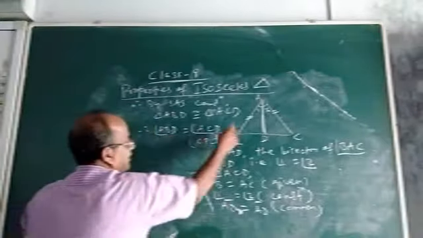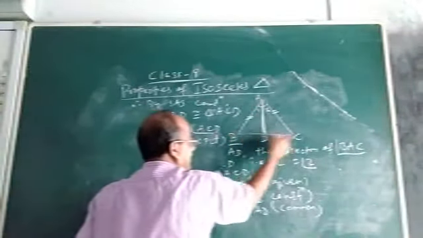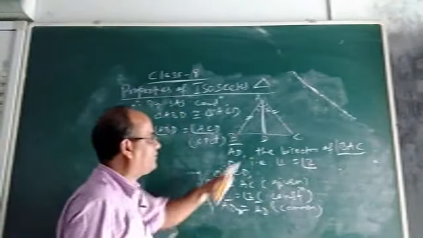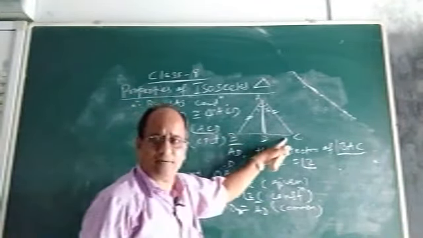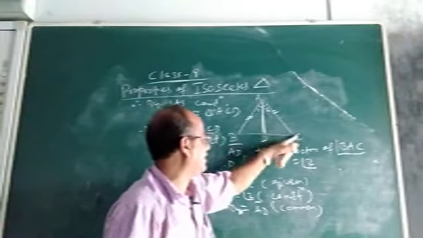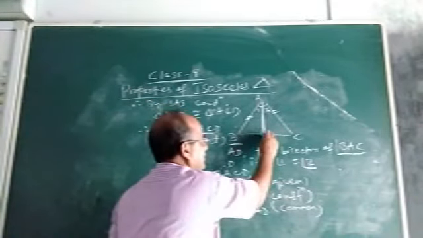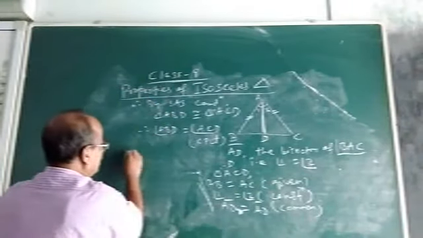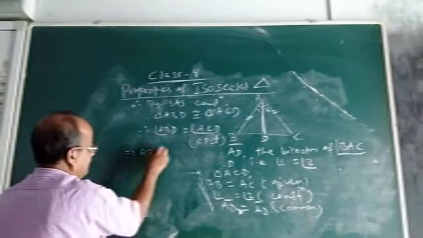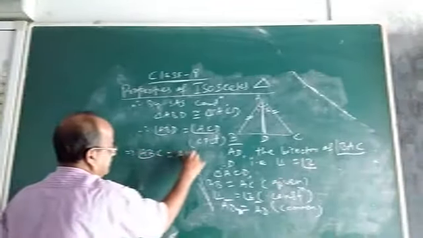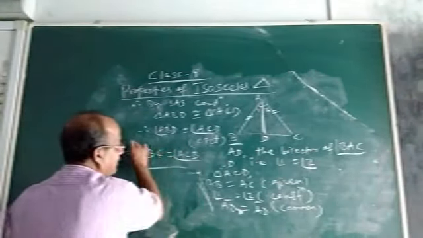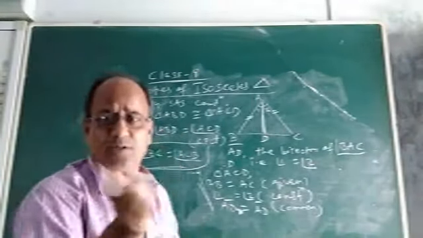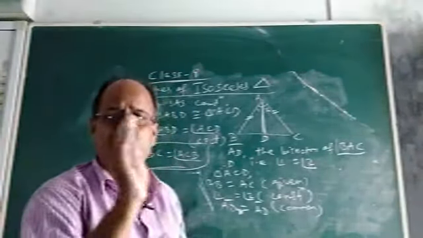And you see, angle ABD is same as angle ABC and angle ACD is same as angle ACB. What does it mean? Angle ABD and angle ABC are same, one angle. Similarly, angle ACD and angle ACB, they also represent the same angle, that is angle C. So this implies angle ABC equal to angle ACB. Okay. So this completed the proof that in a triangle, if two sides are equal, their opposite angles will always be equal.